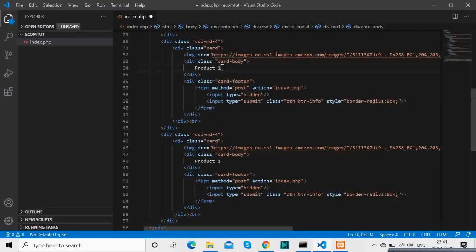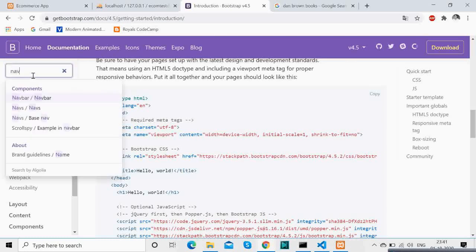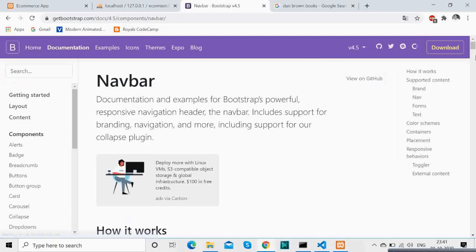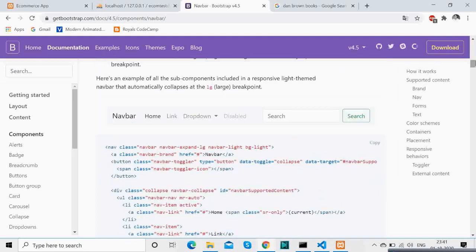So this is product 2 and product 3. Now we are getting a navbar. We are getting the template from here, but we will not have this color. I will show you how you can change the color based on custom colors.